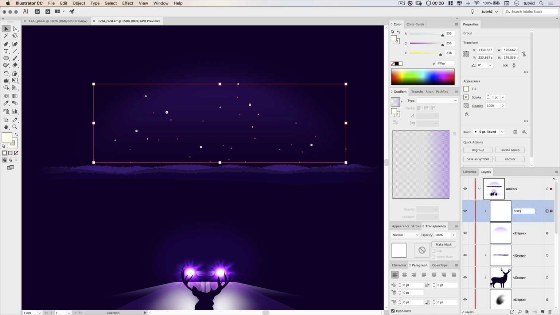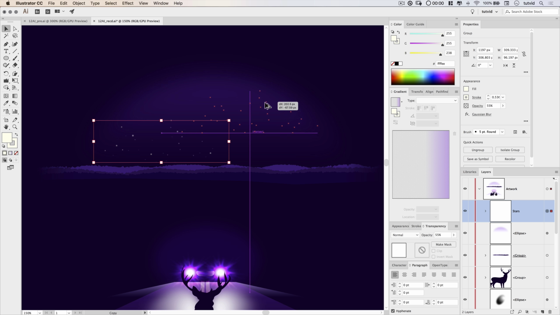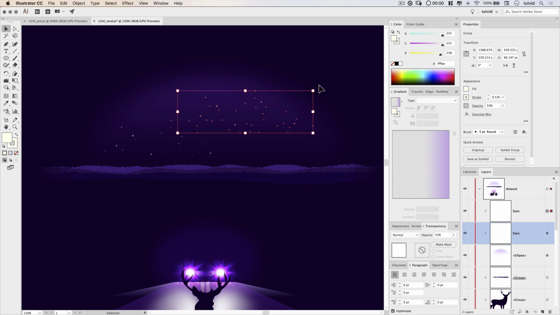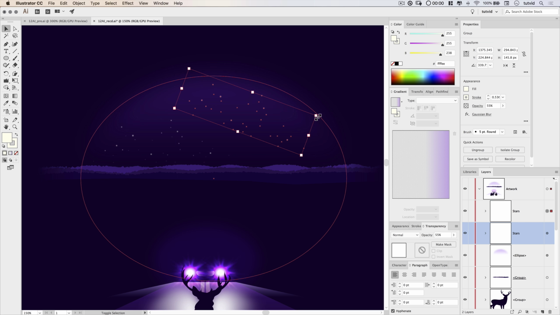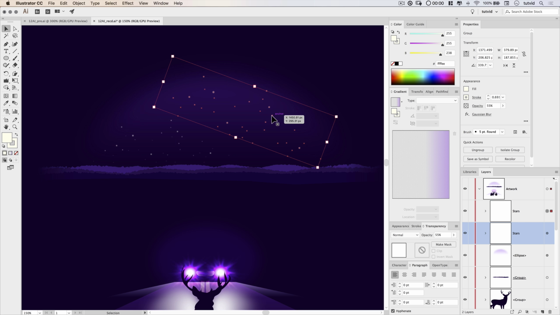In fact, I'm going to name this stars because something that I think would be interesting to do would be to give this a little blur. So let's go Effect, Gaussian Blur, something very small, like 2 pixels, not 12 pixels, more like 2. There we go. Hit OK. And we'll reduce the opacity here to like 55%. If I deselect, you can see what that looks like. Now, I think to really make this interesting, we should scale this down by holding Shift, put it over there, and then drag out a copy of these stars by holding Alt or Option. We duplicate the entire group. Maybe I'll tilt the stars here, make them a little bit bigger, something like that.